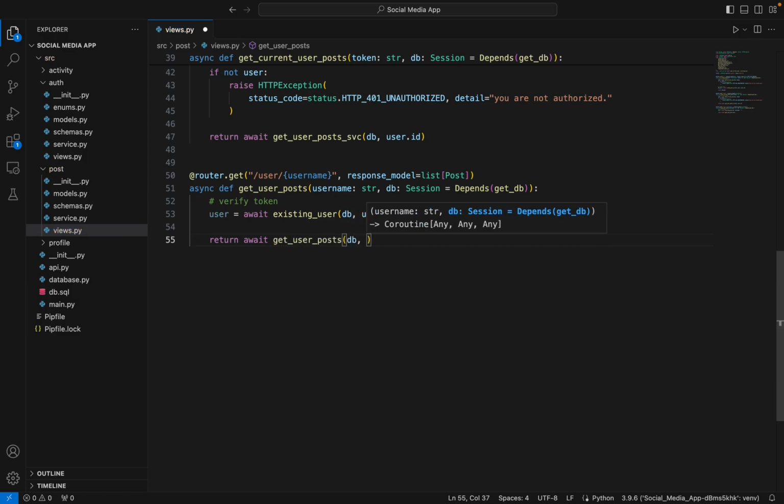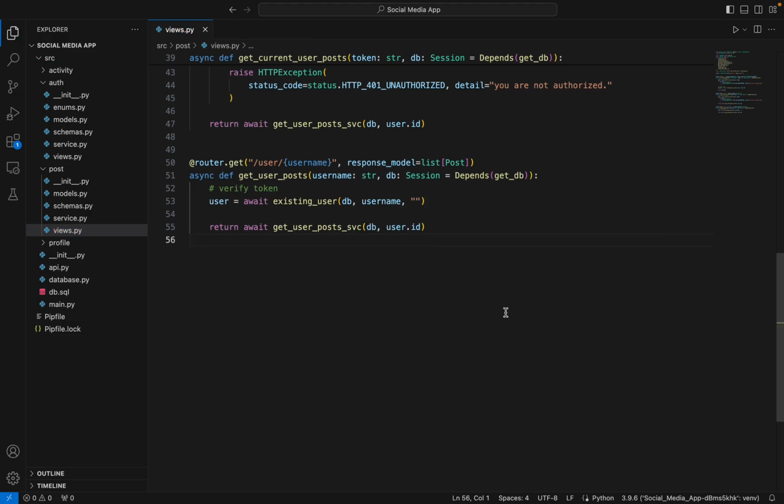This will take db. Okay, this is taking username. Not this one. We use svc and db and user.id, like that. This seems nice. And what else? Get post from a hashtag. Yeah,